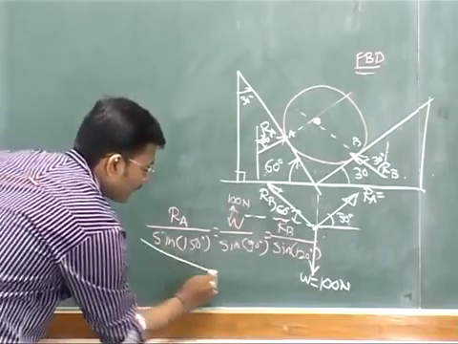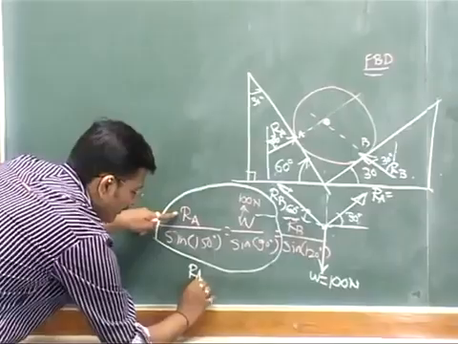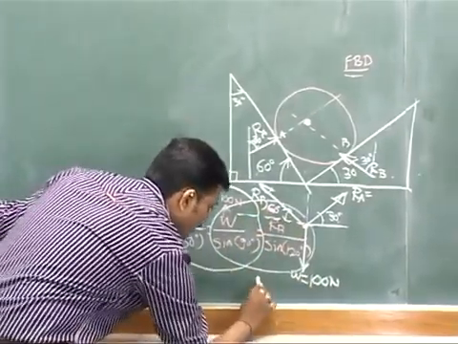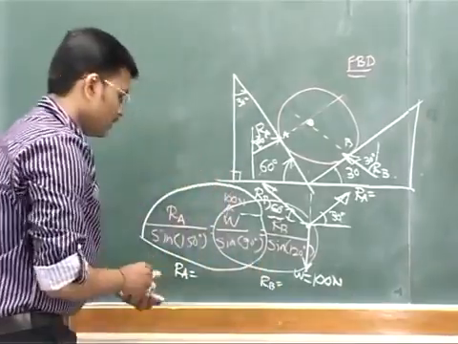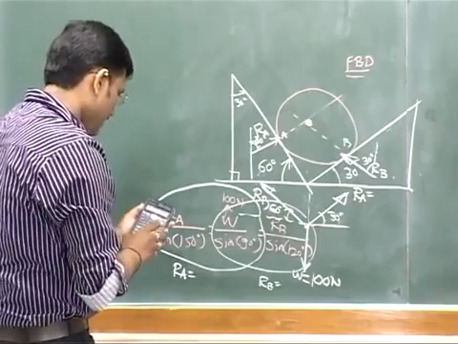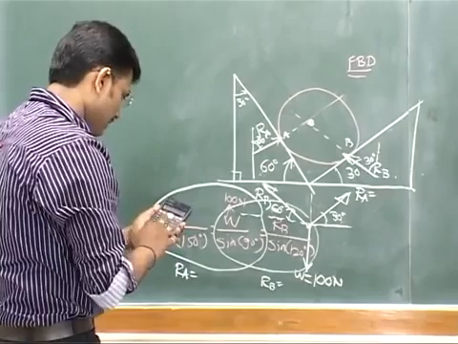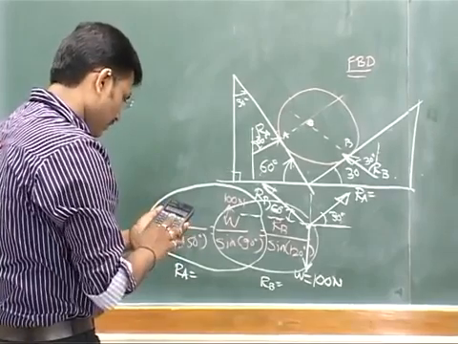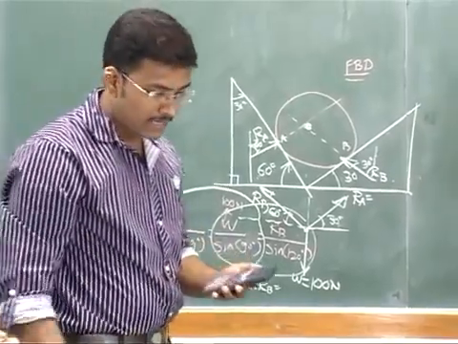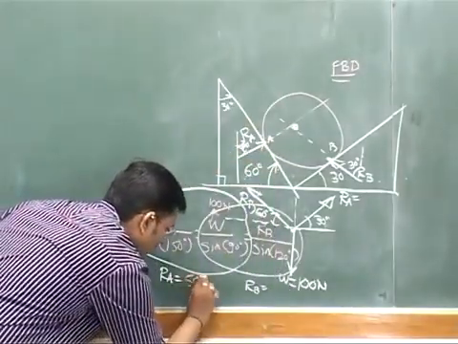First of all, we have to go for this ratio, that will give you the value of RA, and then we have to go for this second ratio, that will give you the value of RB. So RA can be calculated as RA multiplied by sine of 90 is equal to 100 multiplied by sine of 150. So when you calculate it, it comes out to be 50. So 50 Newton is RA.